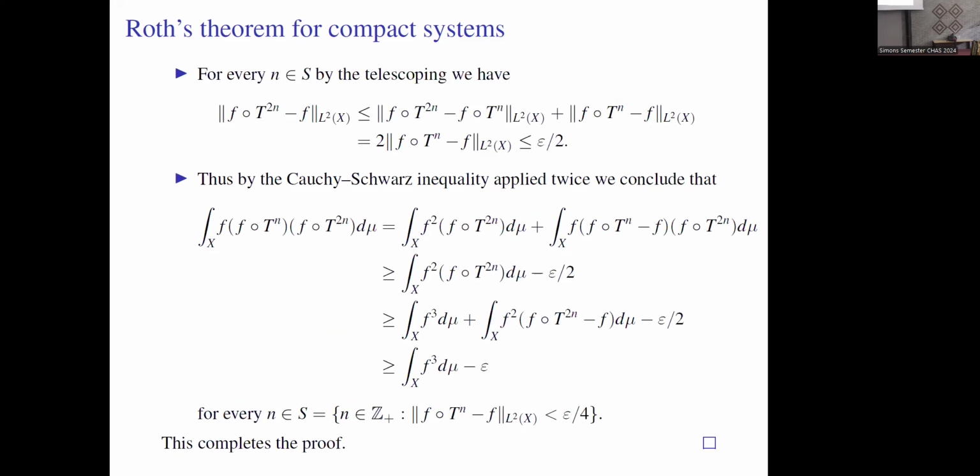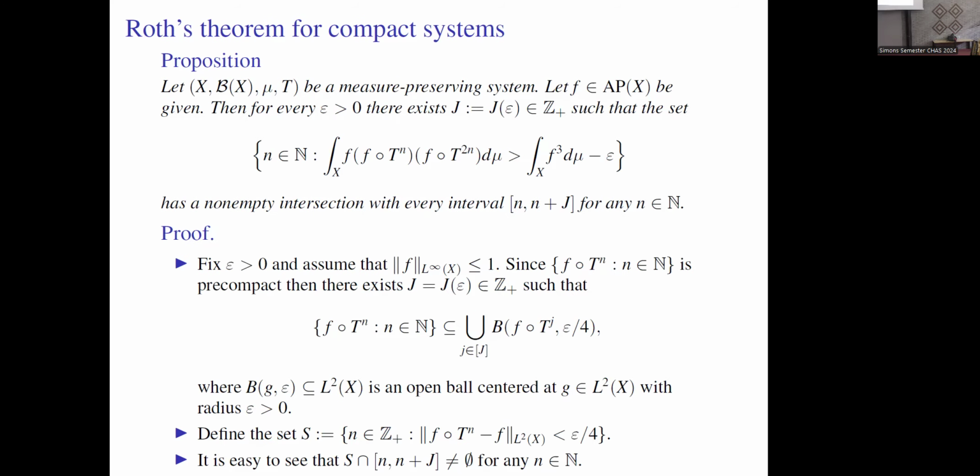So let's take a look at the proof of this result. We can assume that our function has infinity norm at most 1, and this says its closure is compact, it's pre-compact. Therefore, we can find J such that this set can be covered by a finite number of balls, each centered at these points, and each has radius epsilon over 4. This is an open ball. And therefore, we define the following set of those integers such that the distance between those two is smaller than epsilon